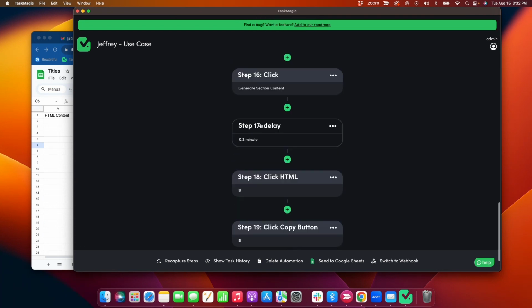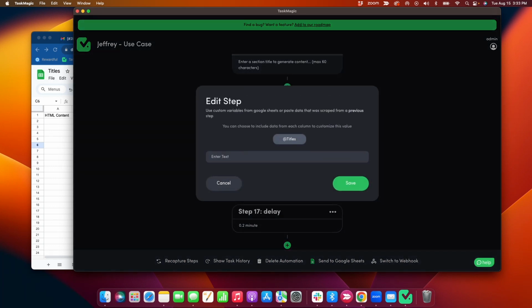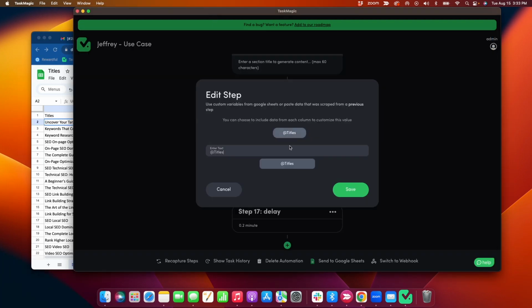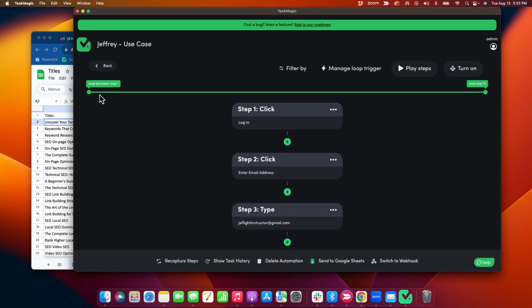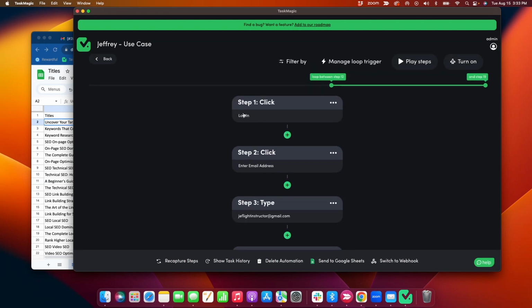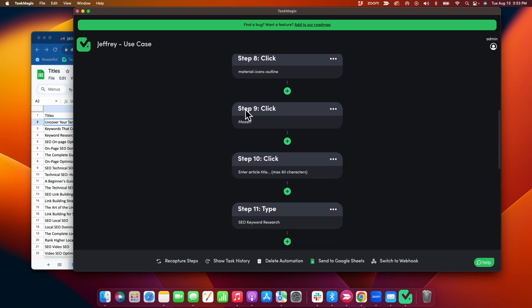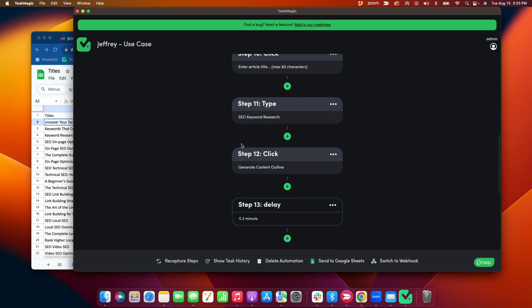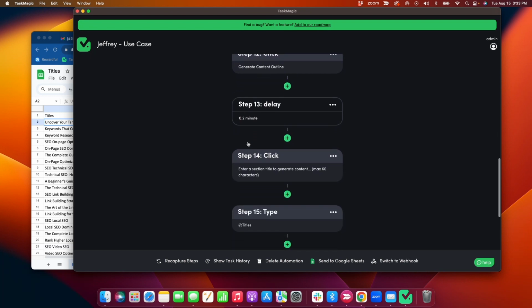I do need to change the variable, so I don't want it to type in the same title every time. Instead, I'm going to delete and then add the variable of the column where your titles are. So it'll type in a new title each time it loops. Now, the loop steps are going to determine where the loop begins and ends, meaning I don't want it to start back at the login. I want it to start after the login, and I don't need it to click on Mozart. I don't need it to click in type keyword research, where I do want it to